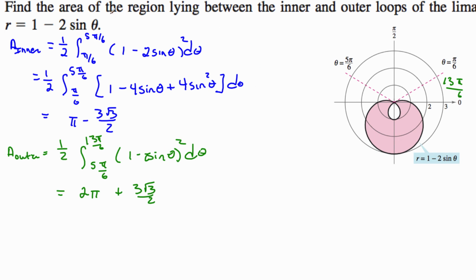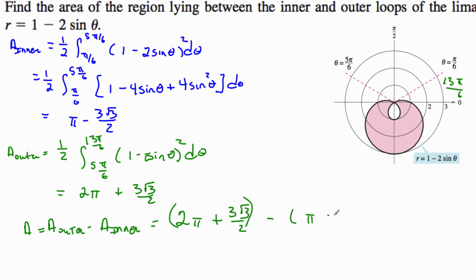So if I want the area between the inner and the outer loop, the area I'm looking for is the area of the outer minus the area of the inner. So this is 2 pi plus 3 root 3 over 2 minus, let me put parentheses here, pi minus 3 root 3 over 2. And I get an answer of 1 pi is left, 3 root 3